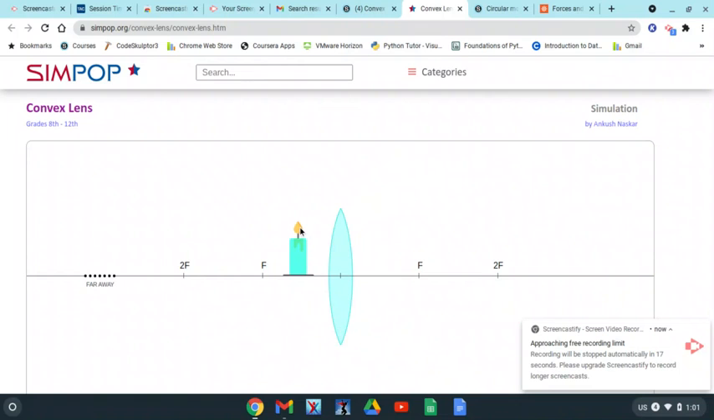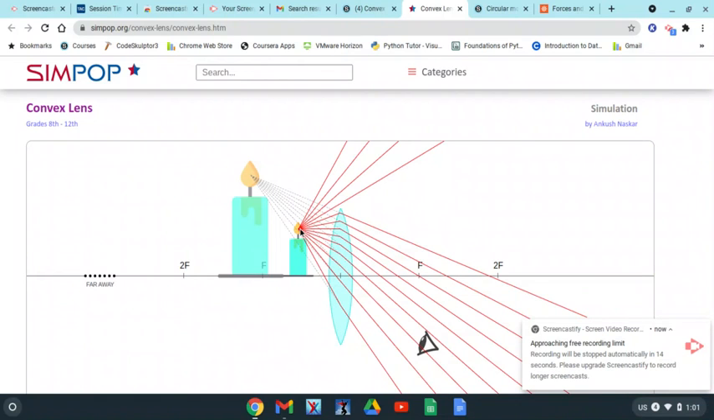And then I come in even closer and something funny happens. The image is now on the other side. It's a virtual image, meaning I can't put it on a screen, but I can see it with my eye. And so I want you guys to finish working through this, and then you have a